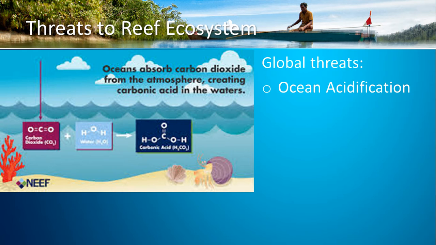Since the Industrial Revolution, ocean acidity has increased by about 30%, a rate that is more than 10 times what has previously occurred for millions of years. Further, ocean acidity levels are expected to increase by an additional 40% of our present levels by the end of this century. Now that we are aware of the global and the common local threats to our reef ecosystem, let's